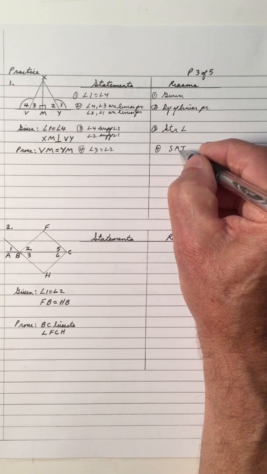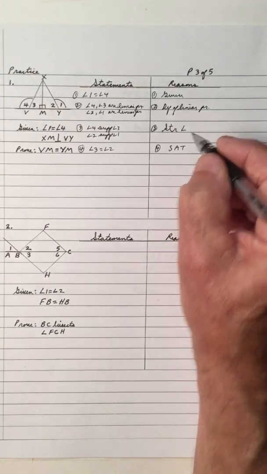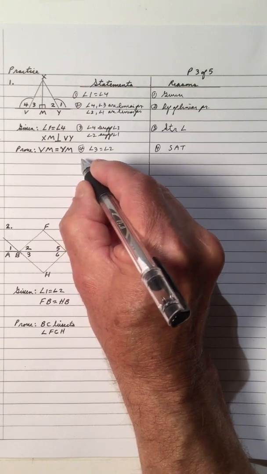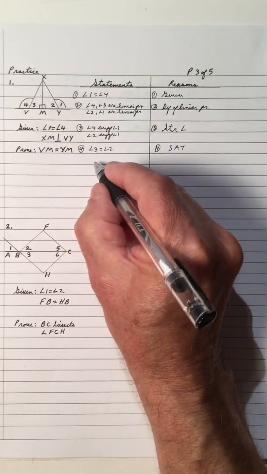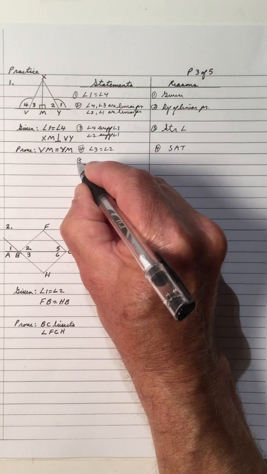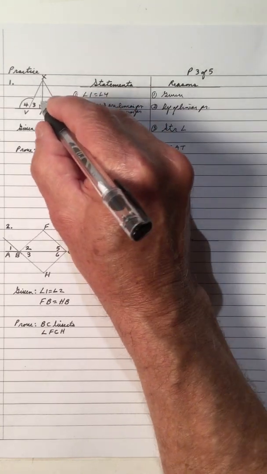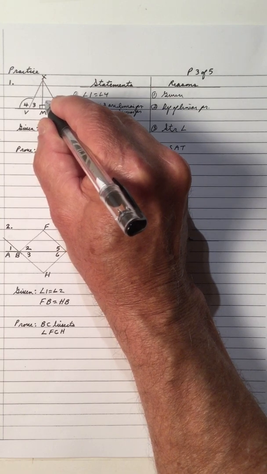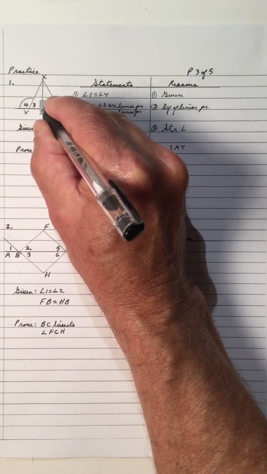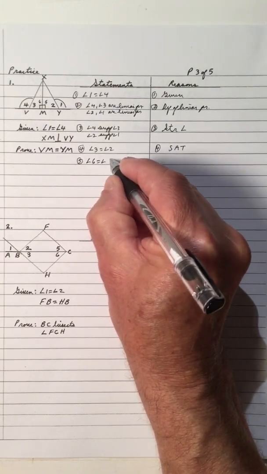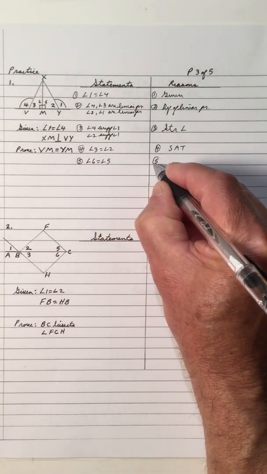Supplement angle theorem. Supplements of congruent angles are congruent. We did that in earlier proofs on the videos. Now we got angle 3 is equal to angle 4. We need, we can have, let's go with, take these 2 angles here. Let's go with 5 and 6. I can say angle 6 is equal to angle 5 because